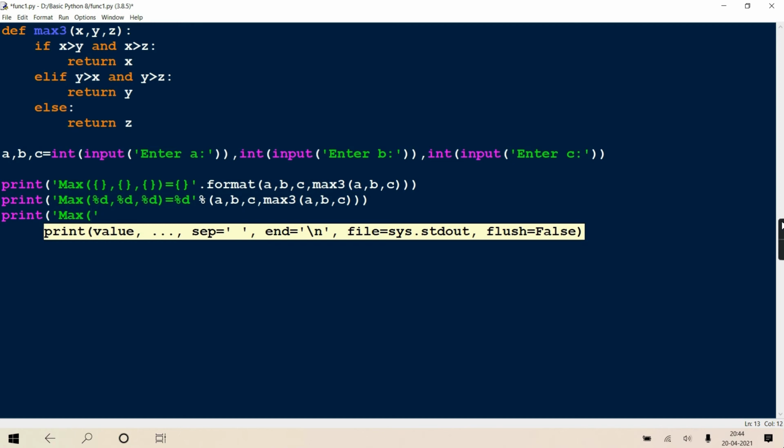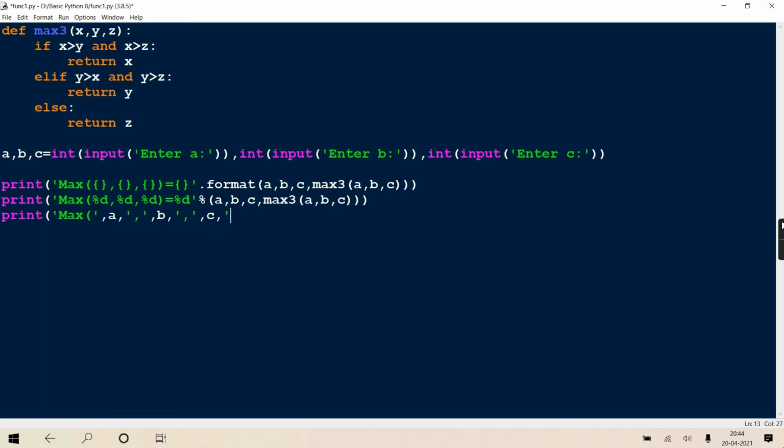I can write like this: max, comma, a, comma, b, comma, c, close bracket, equal to, and then comma, max3 of a, b, c.